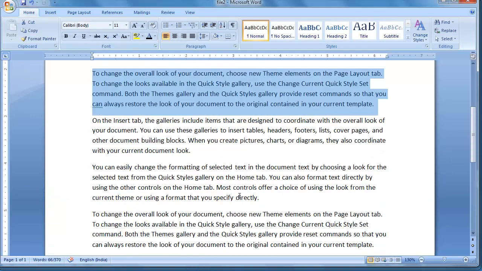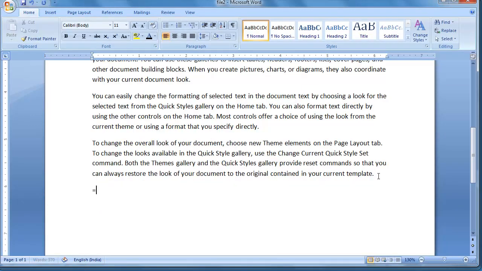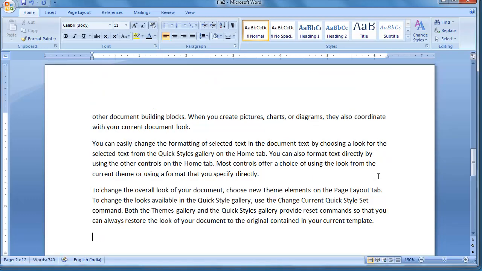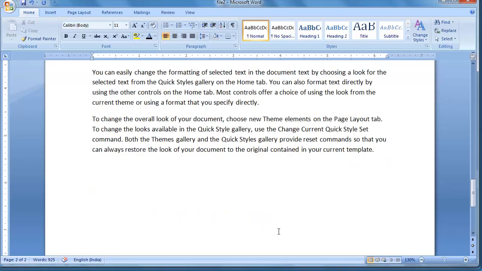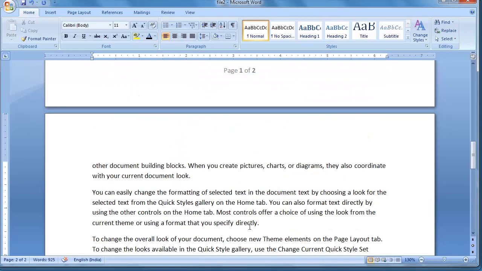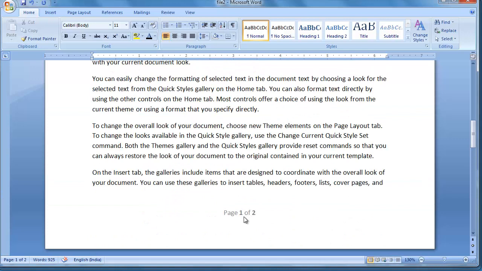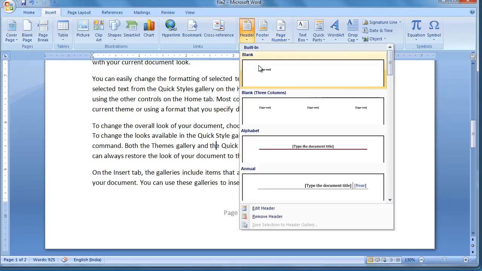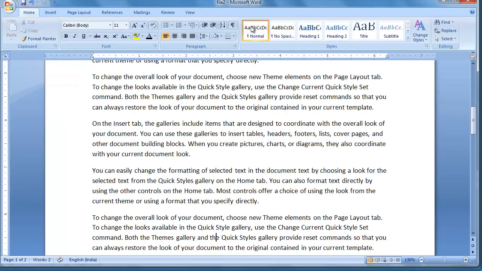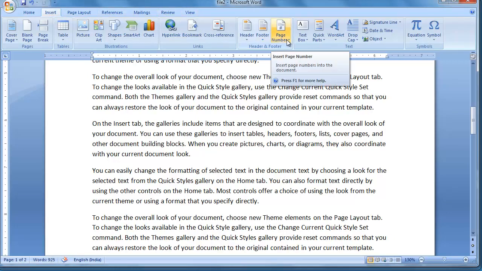I am preparing some more text. Now we got 2 of 2. The first 2 refers to which page we are in, and the second 2 refers to the total number of pages available in our document. 1 of 2 means we are in the first page and totally 2 pages are available. Instead of setting the page numbers from header and footer, in the header and footer toolbar the option is page number. We can set it directly from here. If you require only page number, better to take the help of this option.